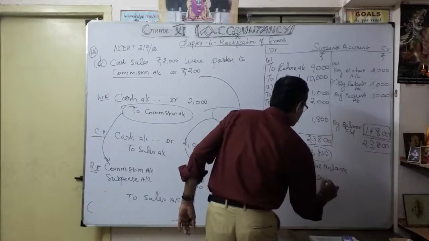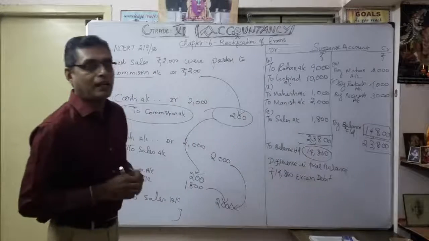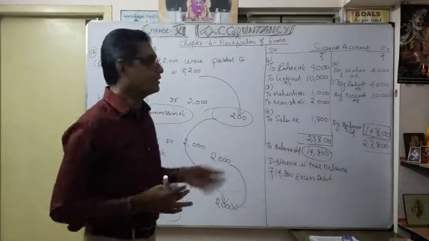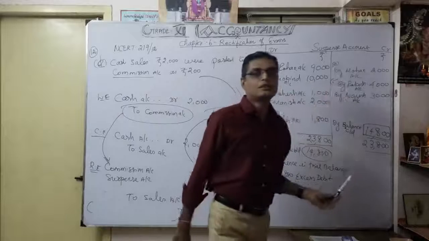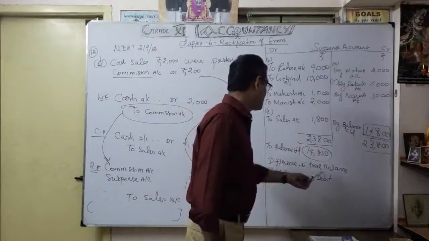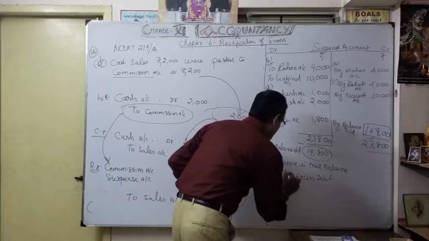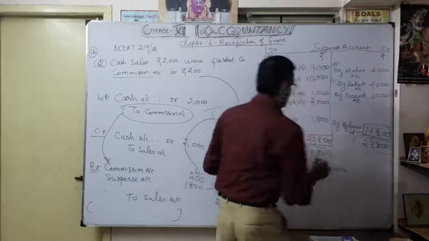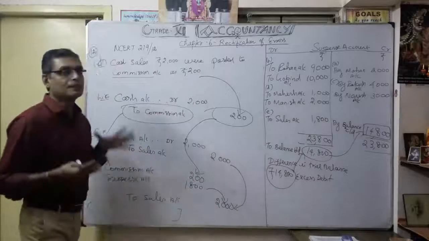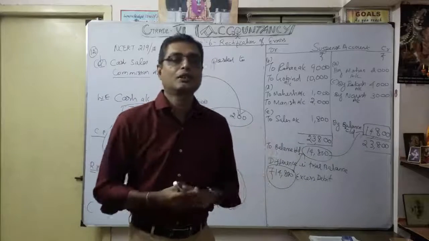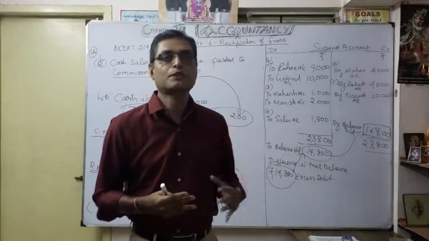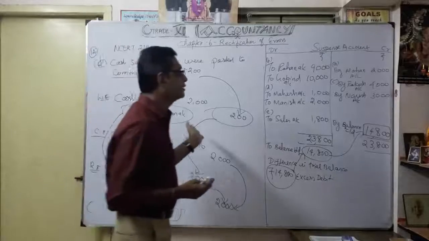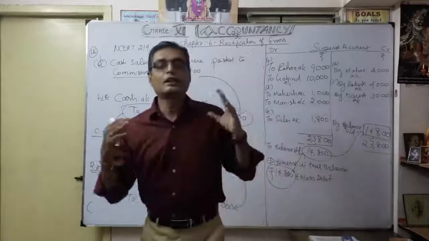That is the rectification. After the preparation of all the 5 transactions with the help of suspense account, we come to the conclusion that there is an excess debit in trial balance. How much? 14,800. You understood? So likewise, you have to prepare suspense account for this exercise. Whenever they ask like this, you have to open suspense account simultaneously. Whenever a rectification entry is done, immediately you have to post it. That's why you can do the work very easily.